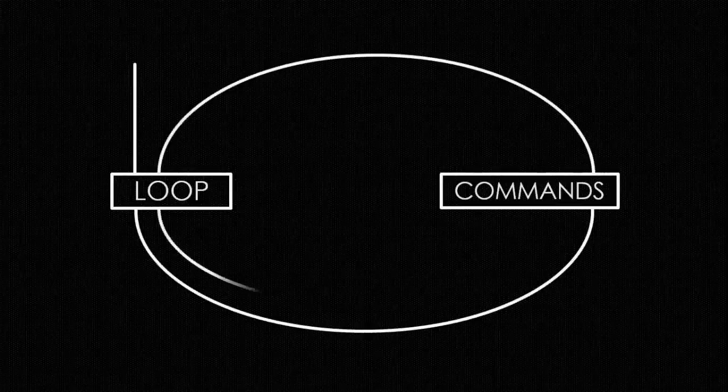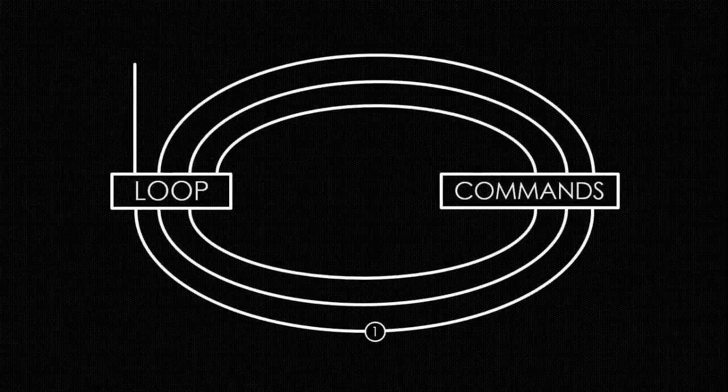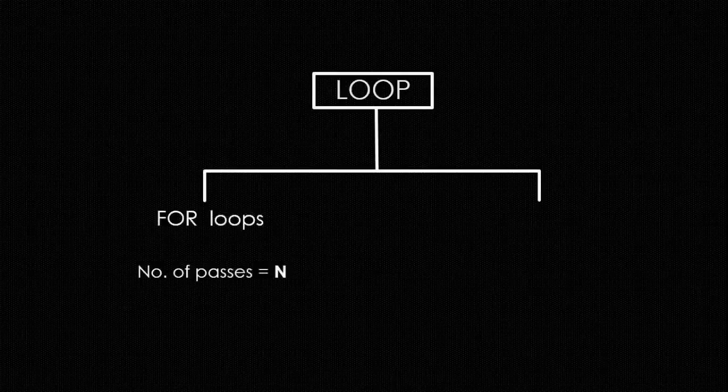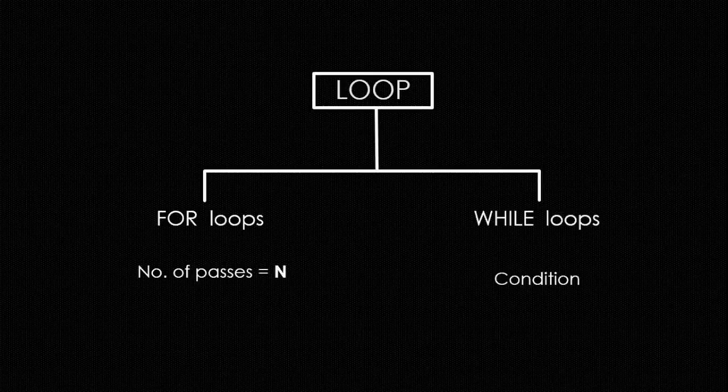This week we will start off with loops. A loop is another method to alter the flow of a program to execute a group of commands repeatedly. Each execution is called a pass, and the value of at least one variable changes in each pass. In MATLAB there are two kinds of loops: for loops when the number of passes is specified, and while loops when looping continues till a specified condition is satisfied.